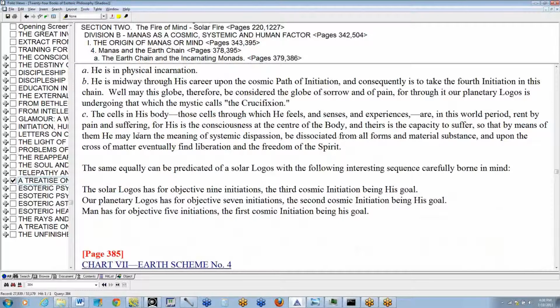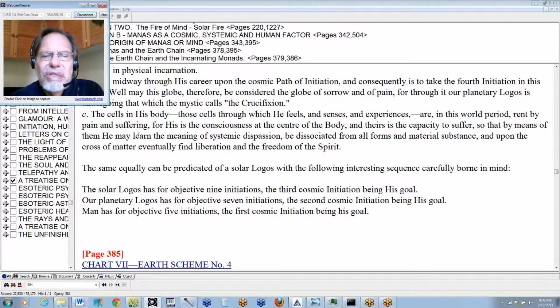The solar logos has, for his objective, 9 initiations, and then there's a discrimination here, the third cosmic initiation being his goal. Now, we're told above that our planetary logos is taking a kind of 4th initiation, a kind of crucifixion. So obviously there's a difference in the kind of initiation he's taking and a cosmic initiation. Our planetary logos has for objective 7 initiations, the second cosmic initiation being his goal. Unless, of course, for some reason they're all cosmic, but he has to be involved in a different series of initiations if he's already taking the 4th, and yet the second is his goal. There must be cosmic initiations and lesser initiations. Maybe they are planetary in scope, or maybe they have something to do with the activation of different chains. Man has for objective 5 initiations, the first cosmic initiation being